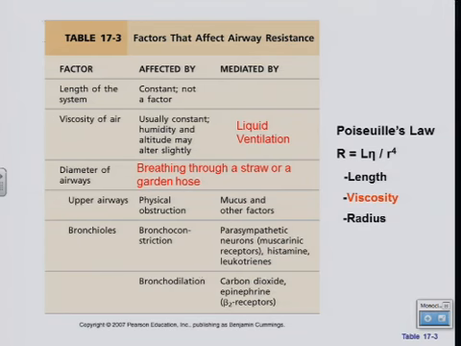Another method is using liquid ventilation. There's a hydrocarbon called perfluorocarbon that they use for liquid ventilation. It's got a high ability to take up oxygen as well as CO2 and allows for gas exchange. So as you breathe in a little bit of air, it equilibrates quickly with the fluid and therefore is able to move oxygen in and out of the lungs. So there's a liquid perfluorocarbon that facilitates liquid ventilation.